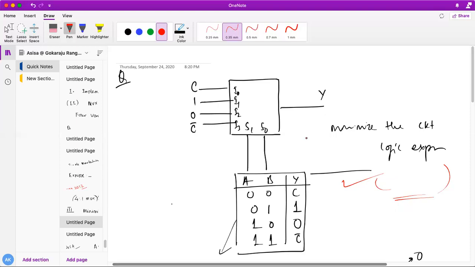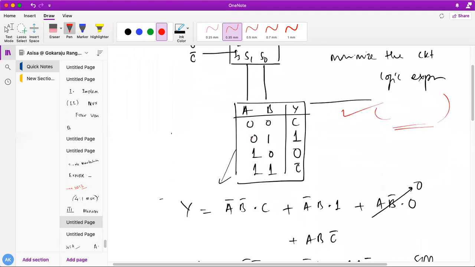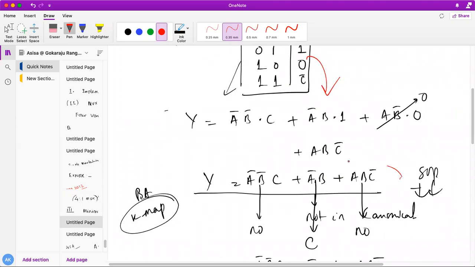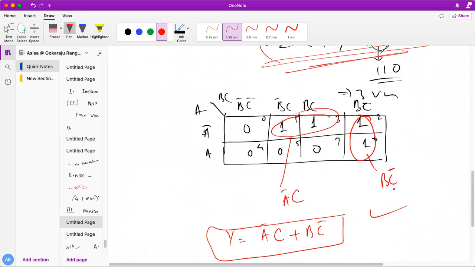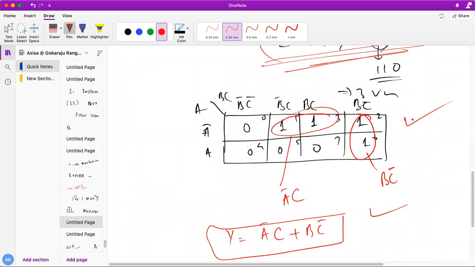See, in the question he has cleverly explained. He is not putting 4x1 here. Many people will think in different ways also. So you just need to know what this is and how to go from the truth table to the logical expressions, as I have told you, and also how to find the canonical form. You know how to do all these things: canonical form, then find the min terms, then finally the K-map simplification.